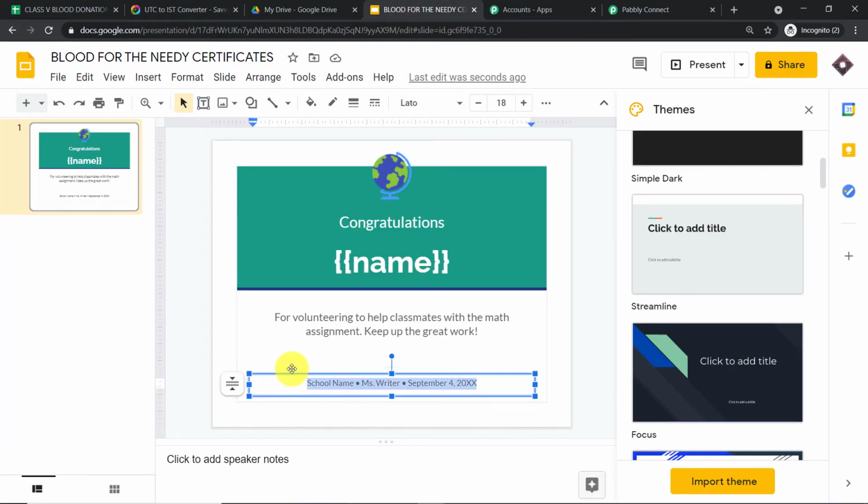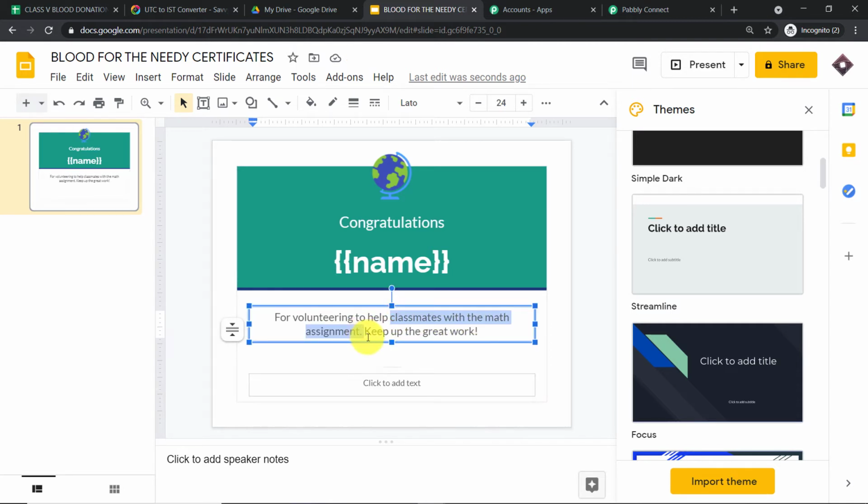So I'm just going to remove all of this, and I'm going to enter some more dynamic tags. For volunteering to help classmates with math assignment, I'm just going to change this to: for volunteering to donate, and I'm going to donate blood.